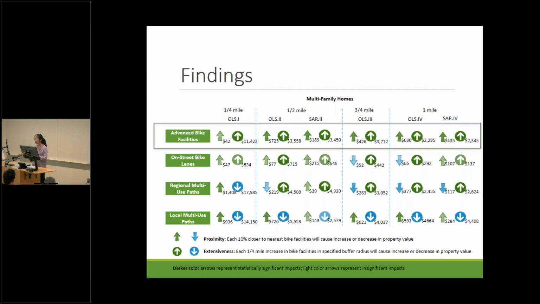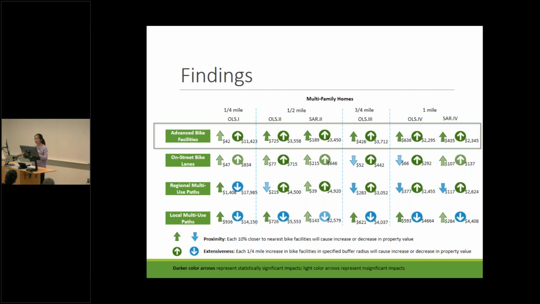Yeah. The other thing is, when I notice these results, because I work with traffic data, I see a lot of neighborhood greenways with low traffic, and people tend to prefer low traffic streets, and bike lanes tend to be on high traffic streets, where people don't like to be located because of the noise and other things. So have you thought about including traffic volumes? Yeah, actually we do